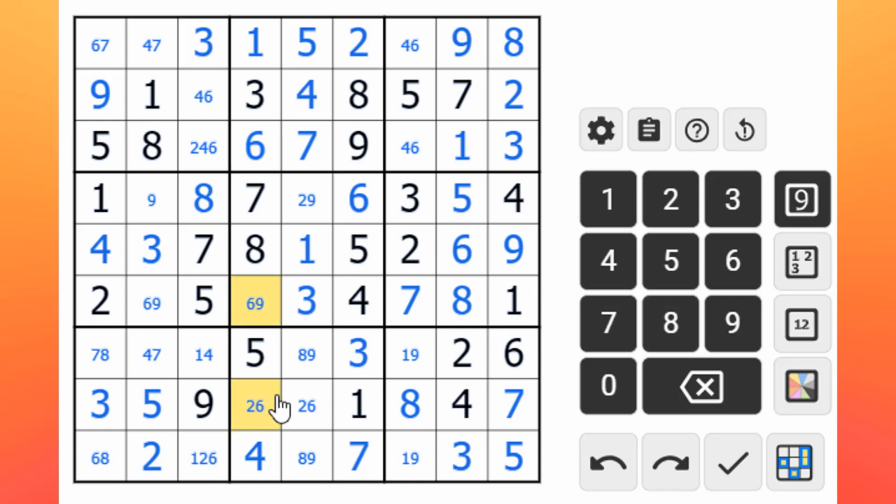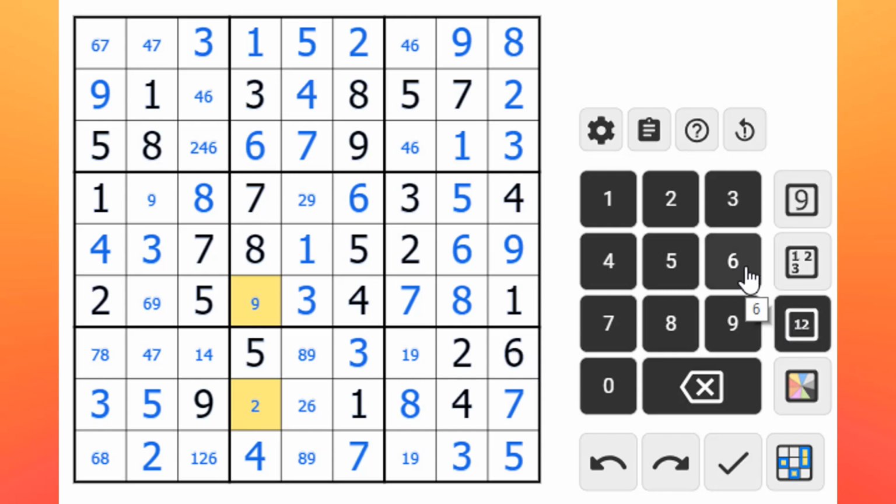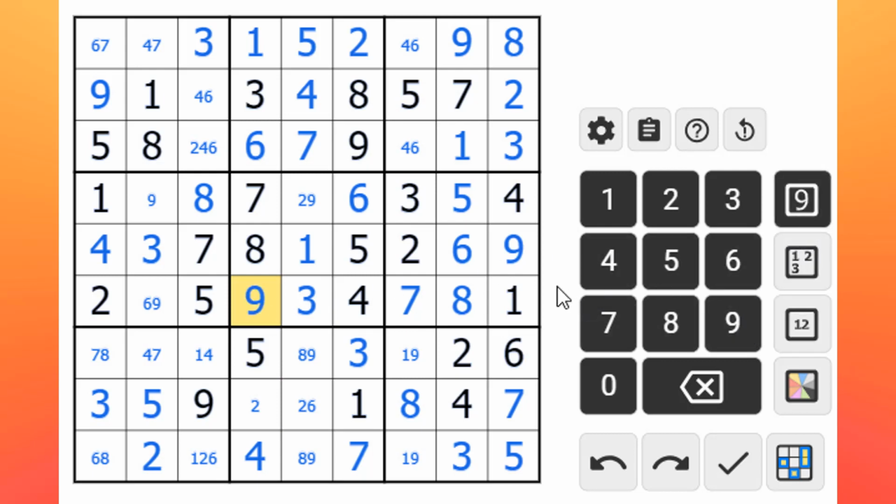That 6 gets rid of 6s in both of these. Yeah, I think we're on the home stretch. Okay, that is, yeah, I think we're there. 9 there makes that a 2. I know I'll make a mistake at this stage, but